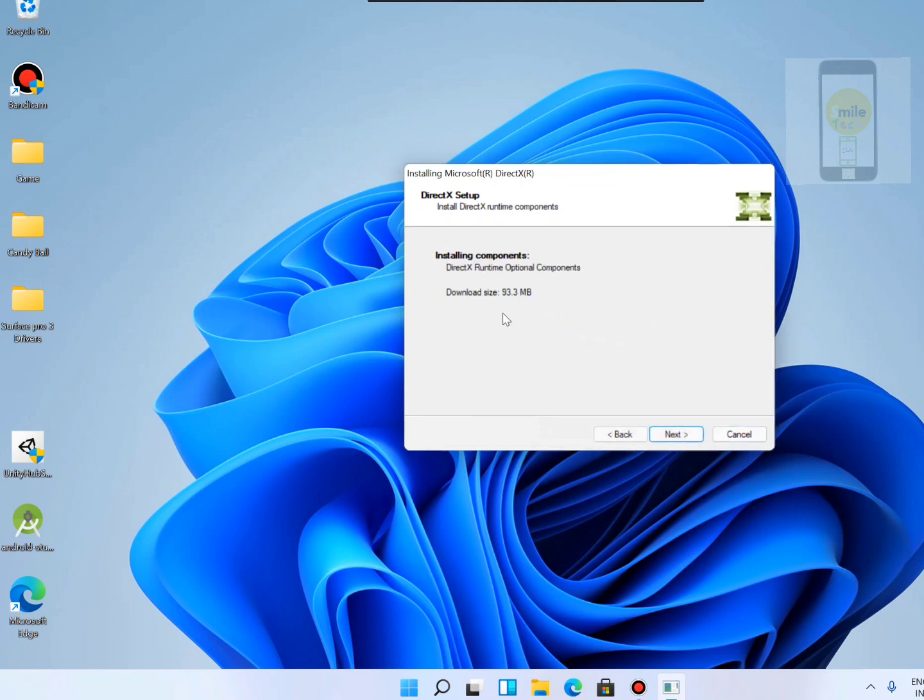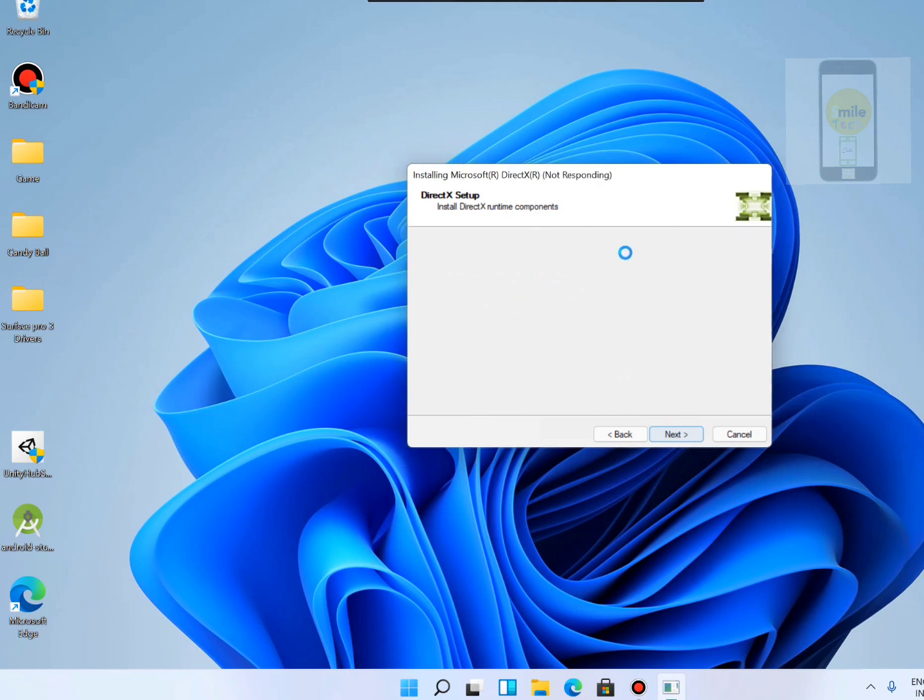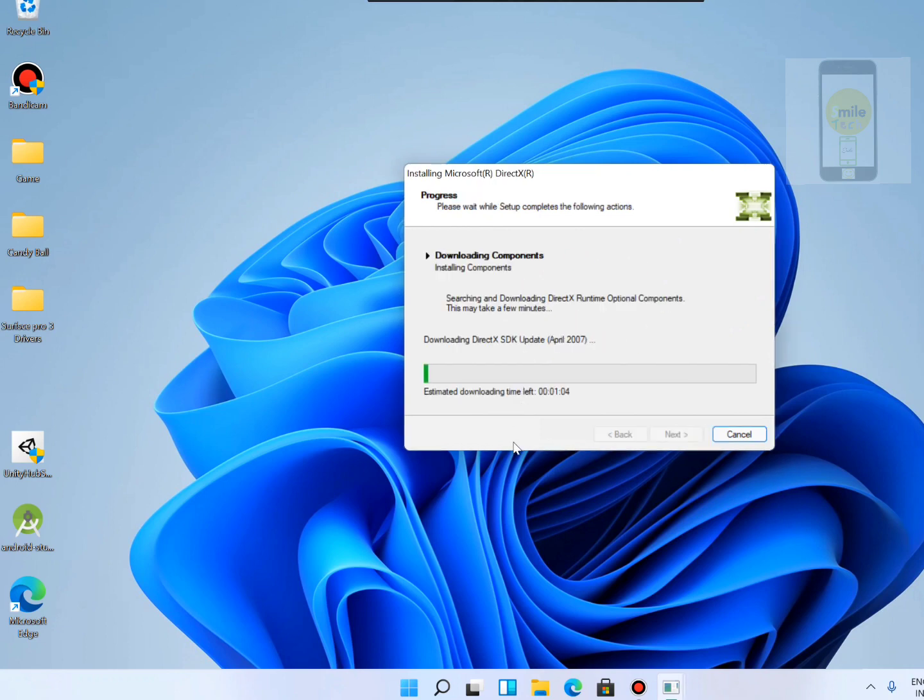So I think it is yes. If you see, it is telling that there are some optional components that you can install, which is around 93.93 MB. So I click next. Okay, it is kind of not responding. Let's wait for Windows 11 to respond. Yes. If you see, it is downloading DirectX